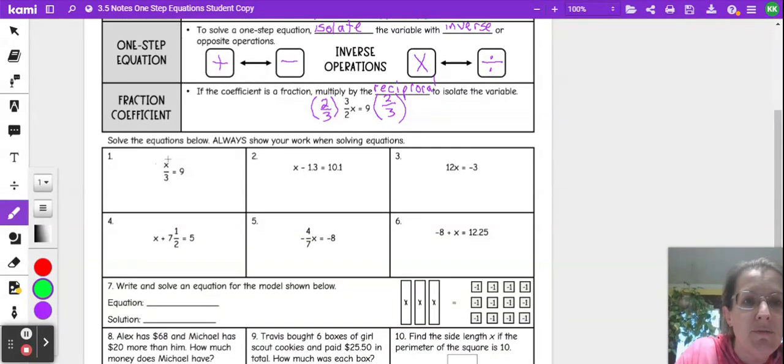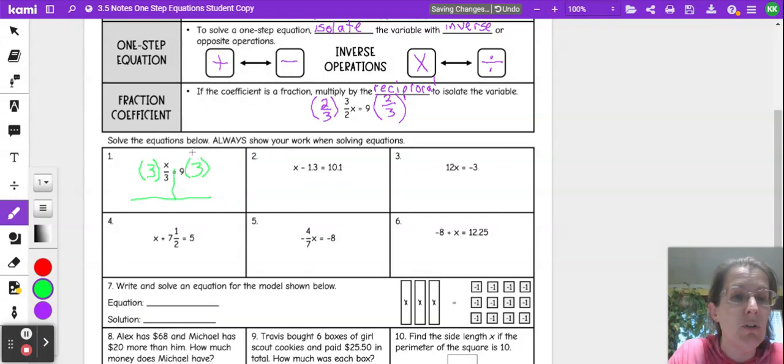So example 1, we have x over 3 equals 9. First you have to decide what your operation is. That is division. So to cancel out division, I will use multiplication. Also, when you solve an equation, you should draw a line down at the equal sign so that you know where your two sides of the equation are, because whatever you do to one, you have to do to the other. Then 3 divided by 3 turns into a 1, so we're just left with x equals 9 times 3